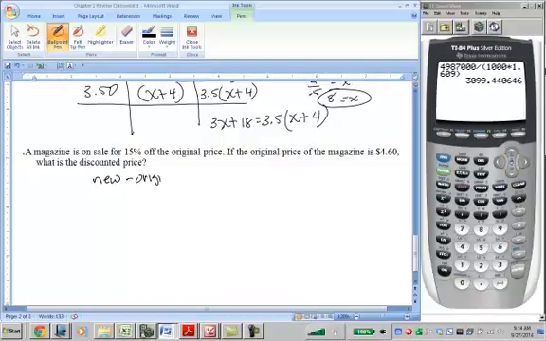Minus original, divided by original. Okay, so the original price is $4.60. Actually, we're not going to use this. We're just taking off 15%, so it's going to be 4.6 times 1 minus 0.15, which is 4.6 times 0.85, which equals